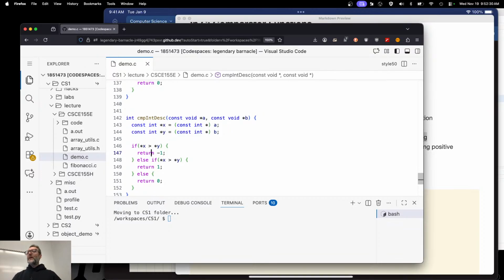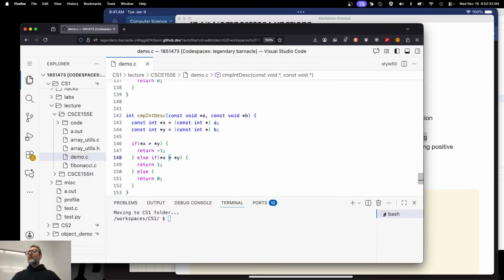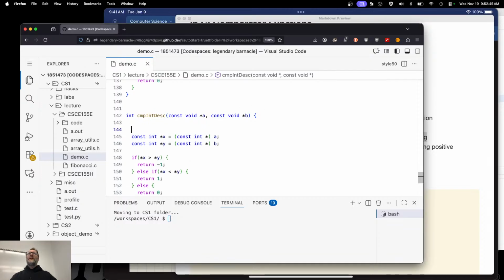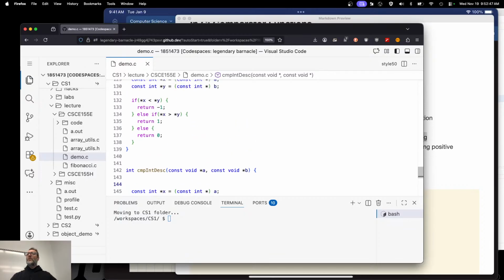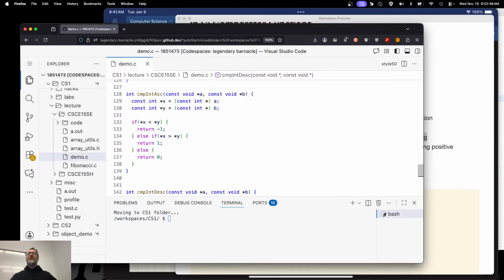That becomes greater than, and that becomes less than. Okay? Still lots of copied code though, right? What else could I do? I already have a function that will order them in ascending order, right?